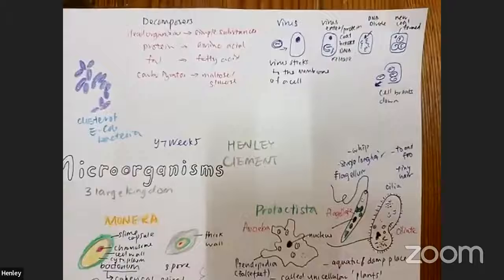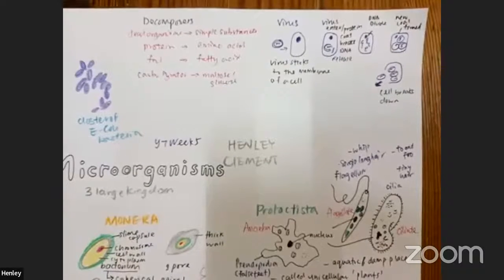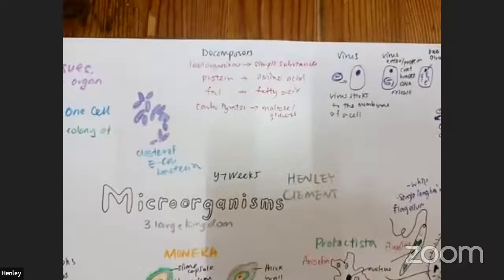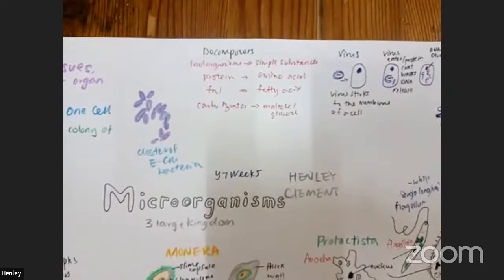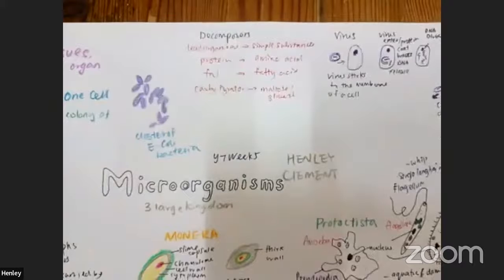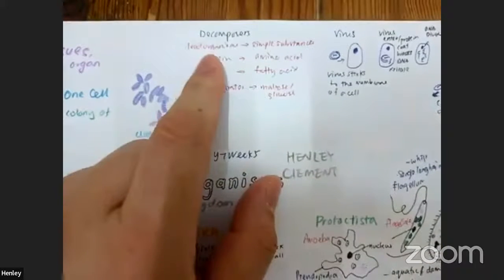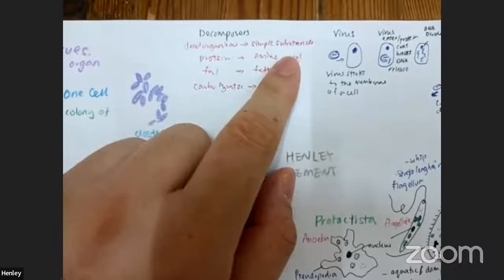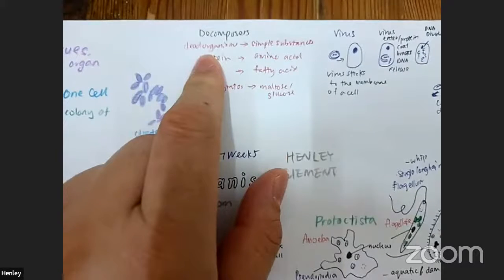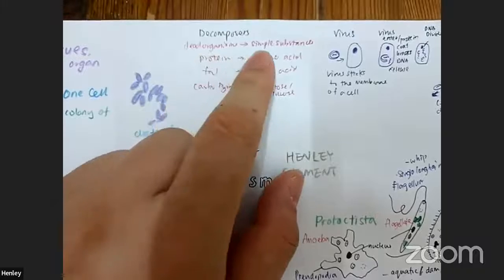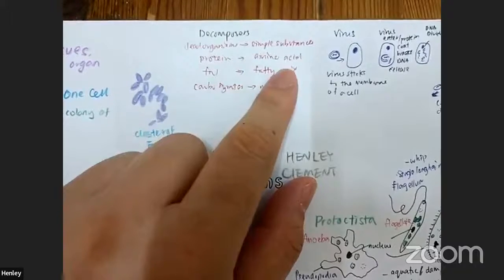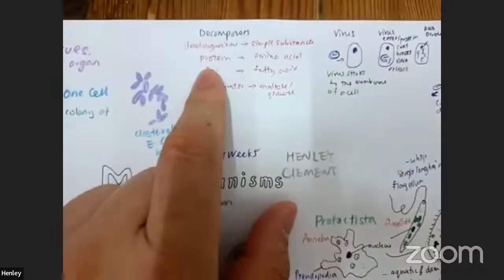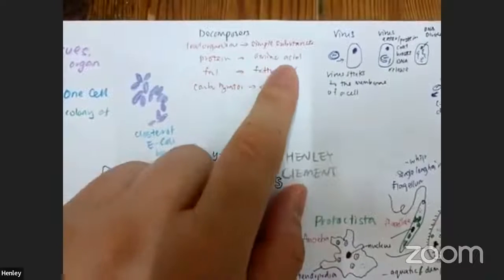This is the last part for today, which is the decomposer. The decomposer is considered very important in our ecology cycle. All the dead organisms will be decomposed into simple substances. That means the dead body will change into simple substances, which can be used by the ecosystem. Firstly, all the protein, I mean the meat, will be decomposed into amino acids.